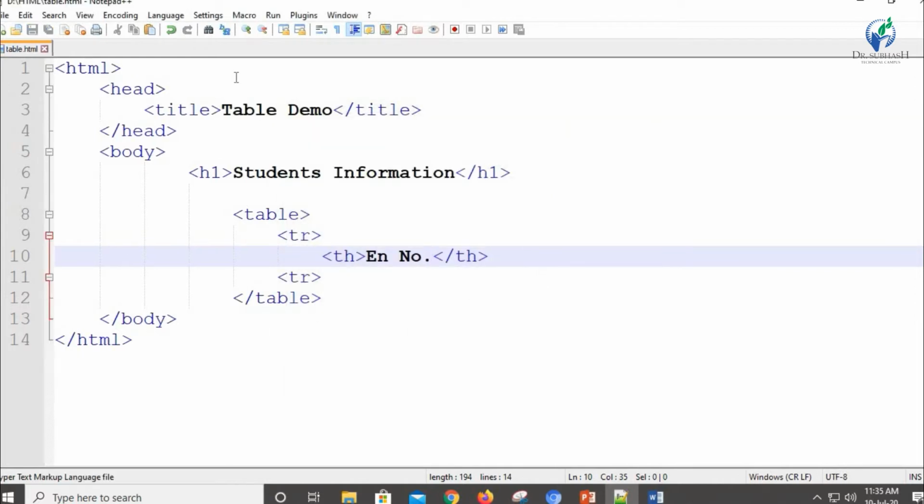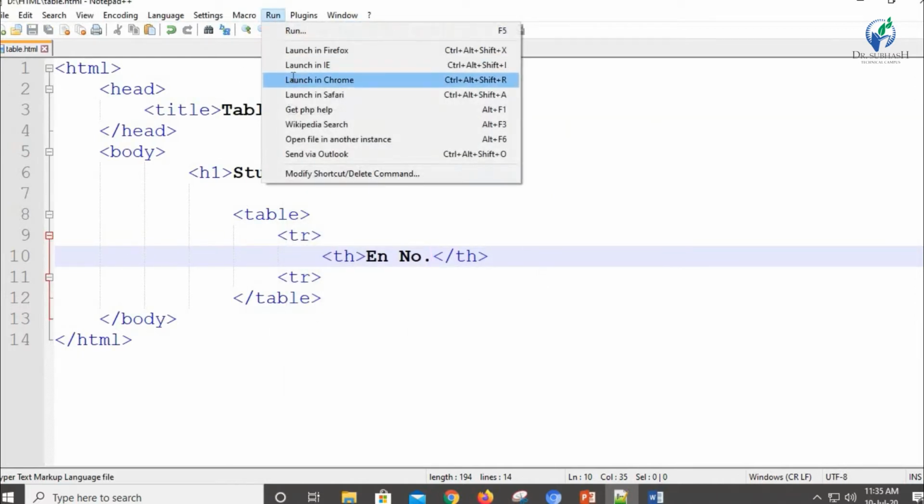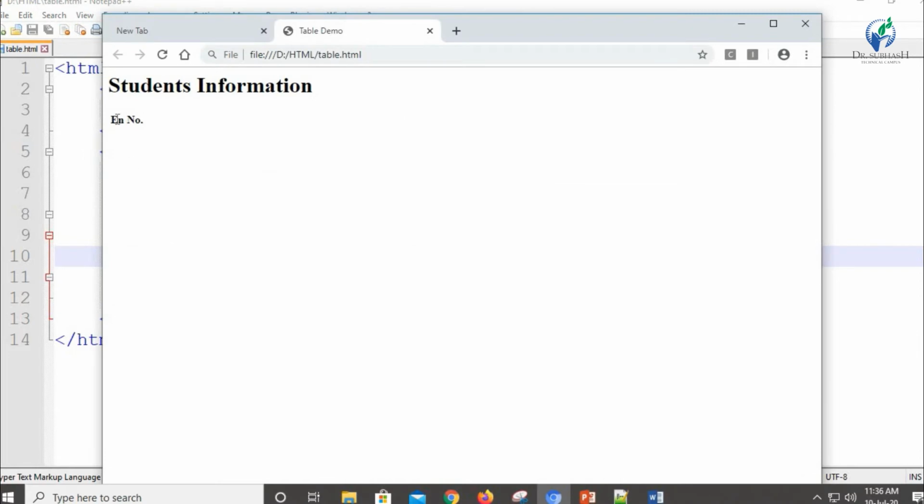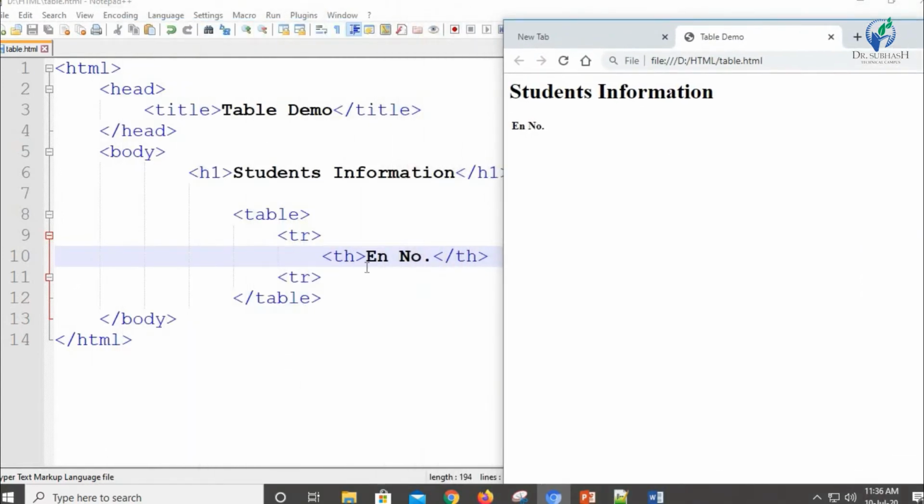I'm going to save this file, and again we are going to launch it in Chrome. So you can see that here you will see the H1 students information, and here you will see only enrollment number. This is the text that we have written over here in th. It will show only that text. You will not see any border, because till now we have not specified any border for the table.